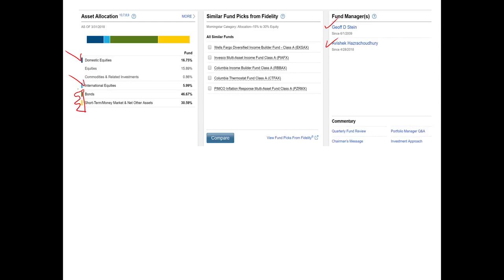And then most of the fund, as the name implies, is roughly 20% equity, roughly 80% bond, in credit or bond investments. And they also give you a snapshot of some similar mutual funds from other companies to